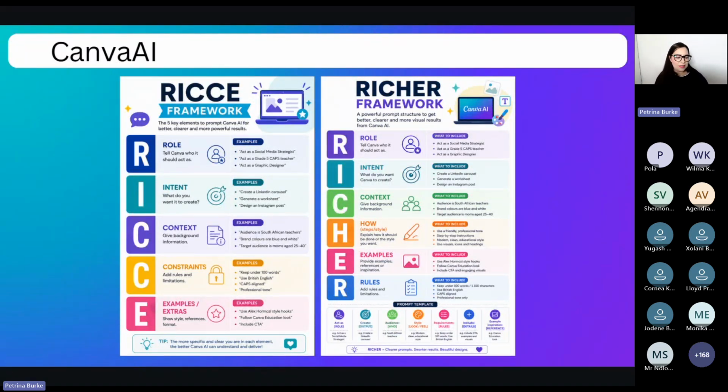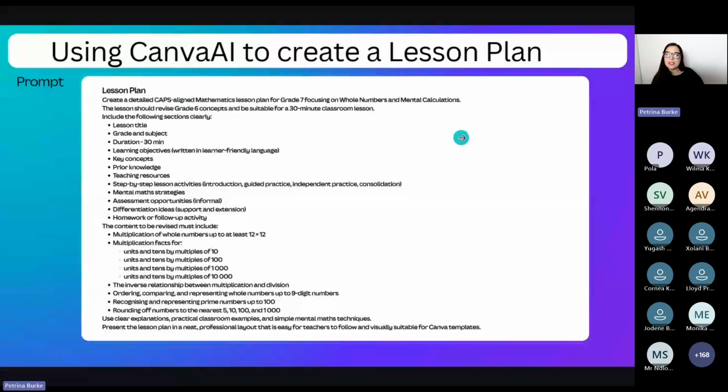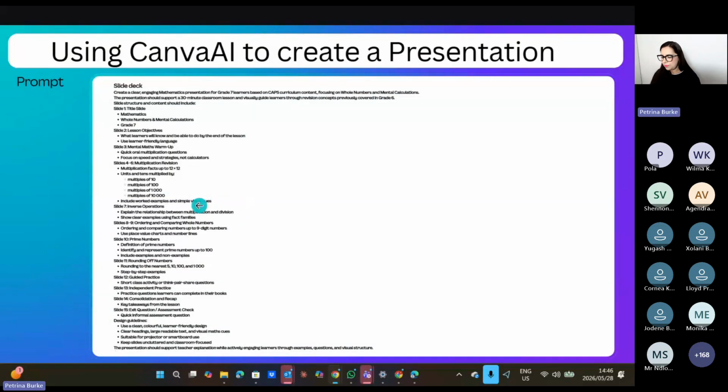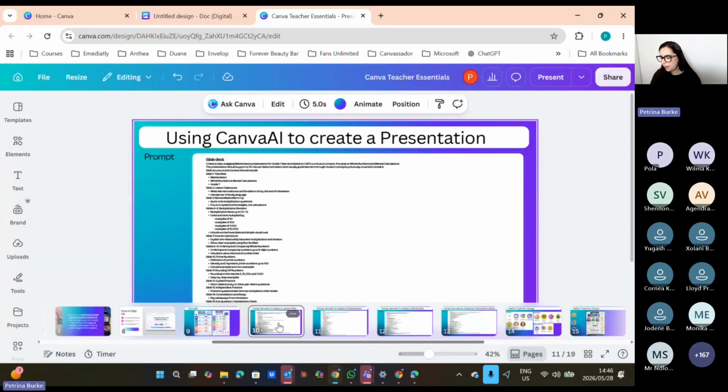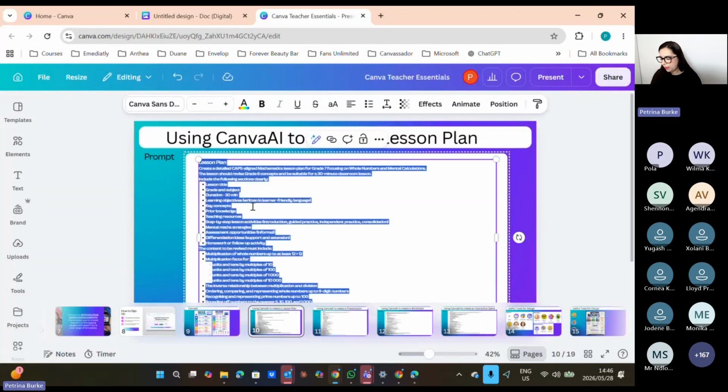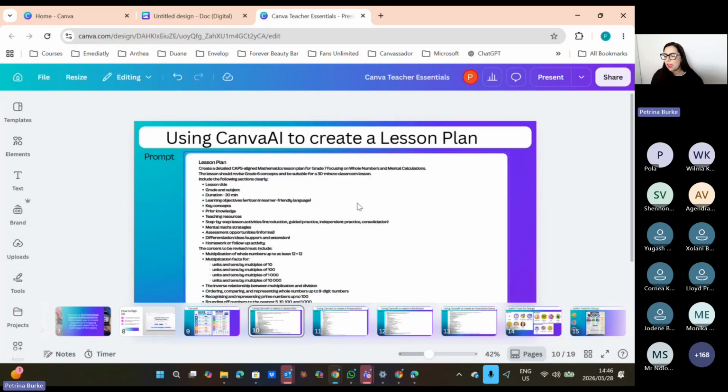So let us have a look at how we can then work with Canva AI to create different resources. So we're going to start off with a lesson plan. Now, there's different ways of creating lesson plans within Canva and with working with AI. So first, I'm going to show you one method, and then I'll show you another method. So just to help with time, I have already written out a prompt,